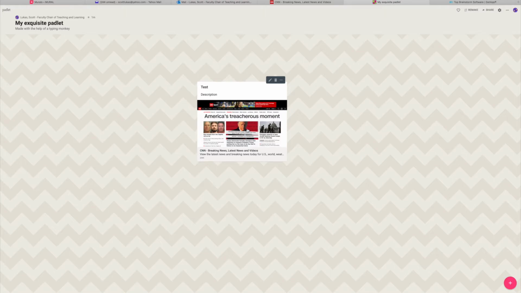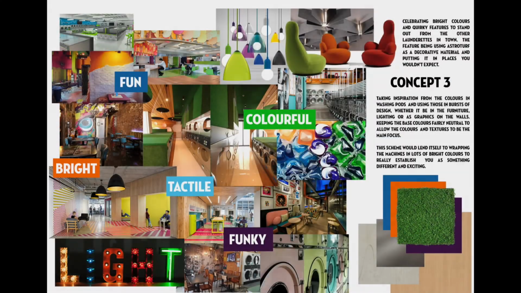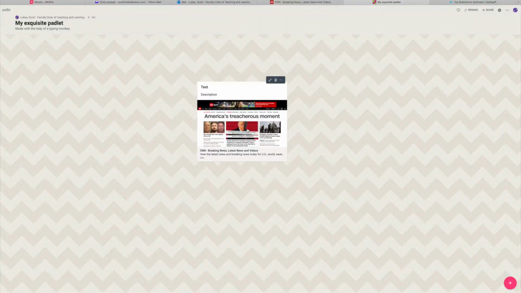So another way to think about this is it could be a quasi mood board. If you're familiar with mood boards, they are often used in the design world before a project is created. So if someone wanted to create a new restaurant, they could have a series of these Padlet icons. And then they could write a description. For example, if they wanted a